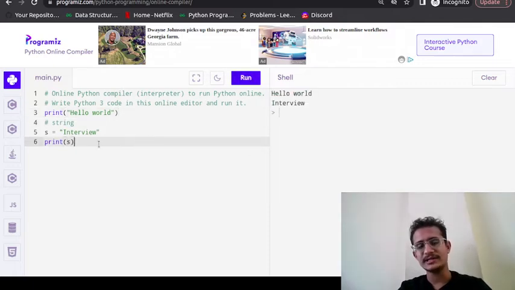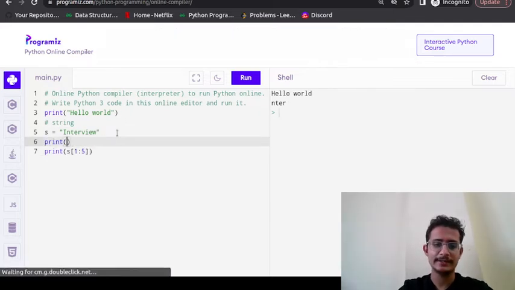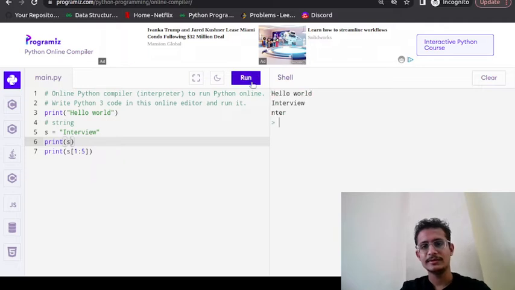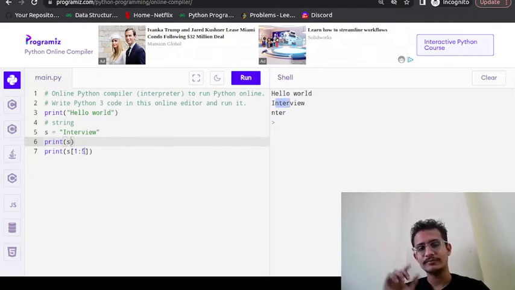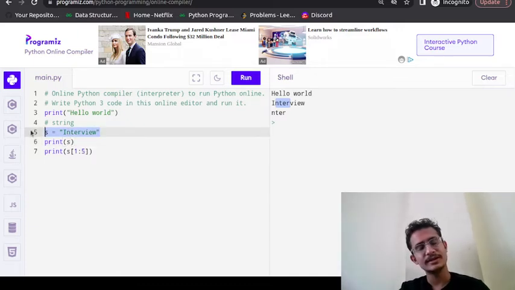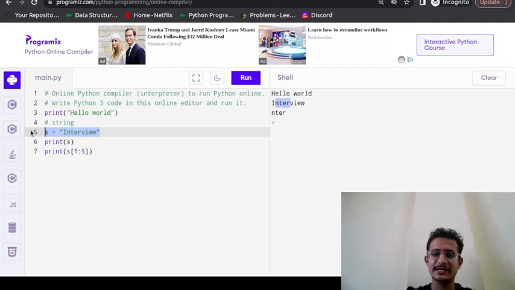Now let us try to slice the S. So syntax is same. I want from 1 to 4, 1 to 5. So let me print the interview as well, print S. Okay, so what it has done, it started with the first index. So first index one N, then second, then third and fourth, move till 4th index. So NTER. So the same syntax that we have used in the list will be used in the string as well, and same index we can use in the tuple as well. Okay, so I think slicing is clear to you now.